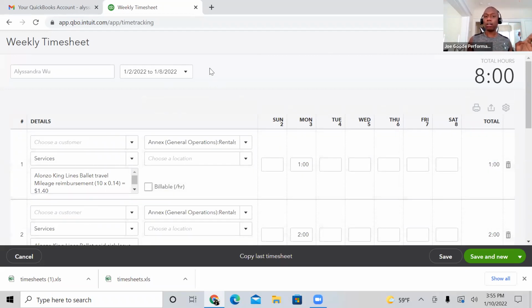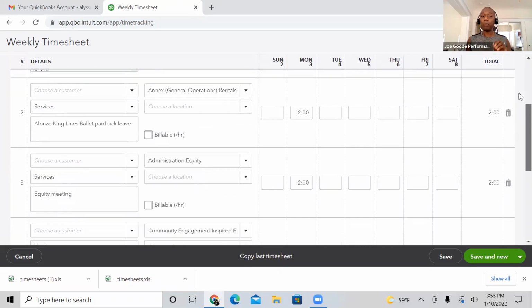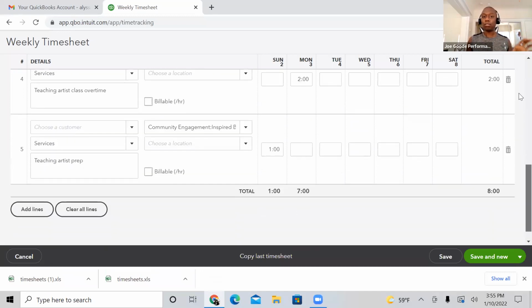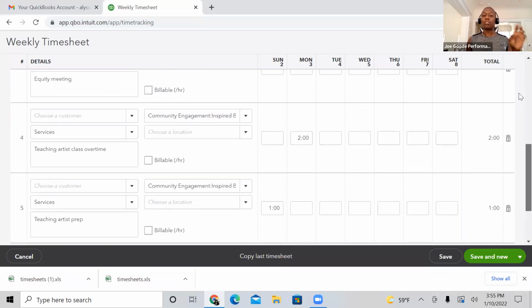If there's a holiday on a Monday, it will then be the Tuesday by 10 a.m. So that will then give your supervisors enough time to review all of your timesheets. They may email you questions by the end of the day. So we ask, if you get an email from us with a question about your timesheet, please respond to us